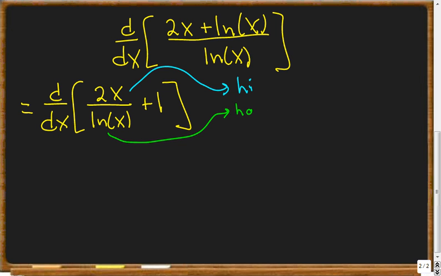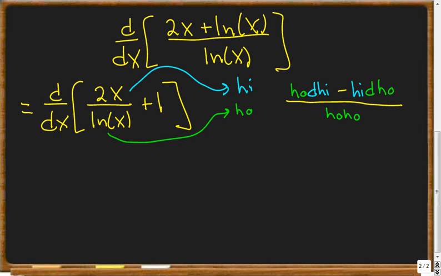Because we learned previously that our derivative, if we wanted to find it, is going to come in this form right here. It's going to be ho times the derivative of the high function less our high function times the derivative of our low function, or our ho function, divided by ho ho, right? So our denominator squared. So we just need to figure out what all of these terms are going to be, and then we just